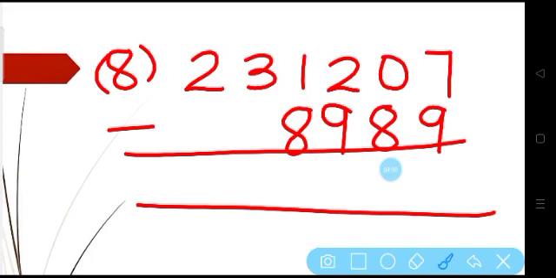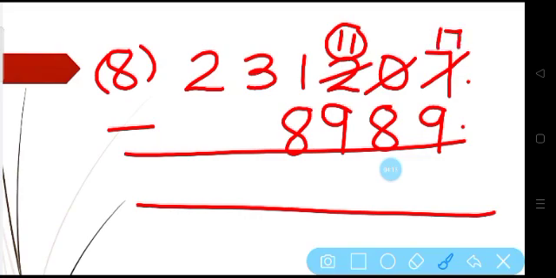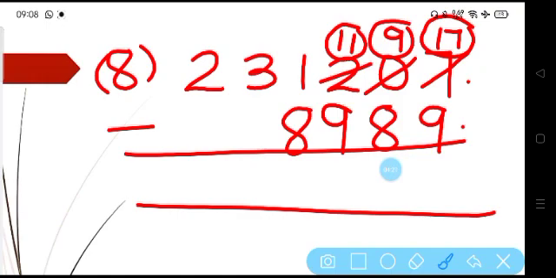You can see again this 9 is greater than 7, so we will start borrowing. We will borrow from 2, and it will become 11. This 0 will become 10 first, and then when we give 1 to 7, it will become 17 and this 10 will become 9. So 17 minus 9 will be equal to 8. 9 minus 8 will be equal to 1. 11 minus 9 will be equal to 2.